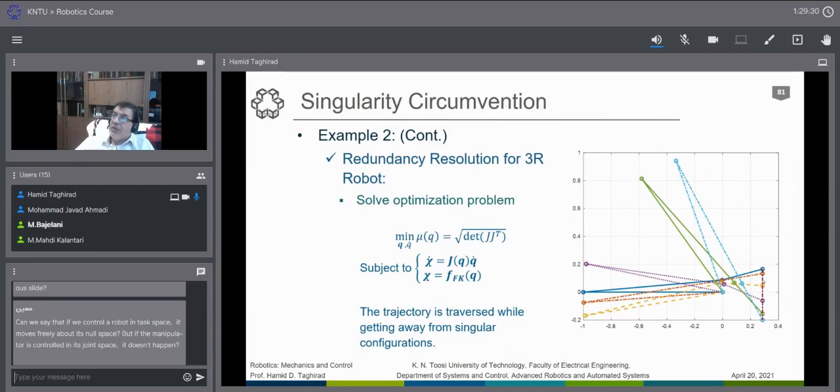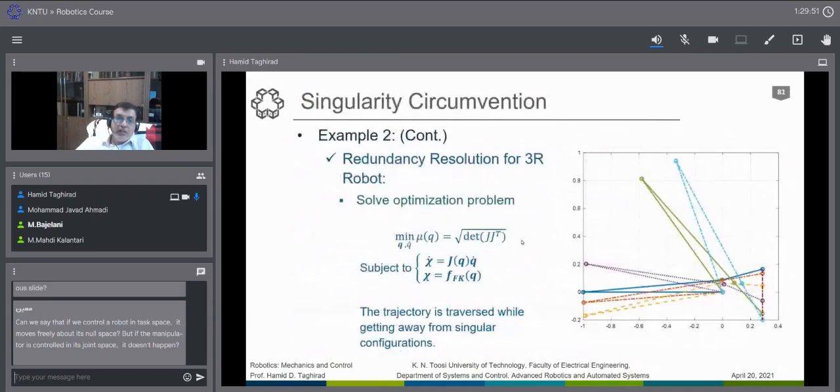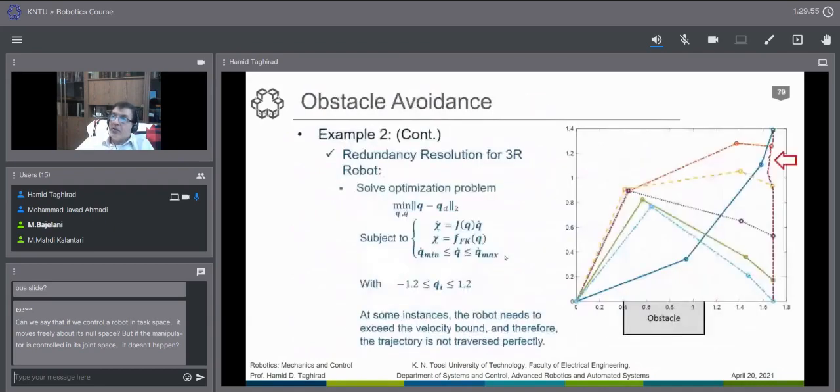We have the same line in here, but the manipulability measure will now somehow increase in here. Of course, you can use any other cost function to solve the problem within these cases. I just stop in here, and also let me